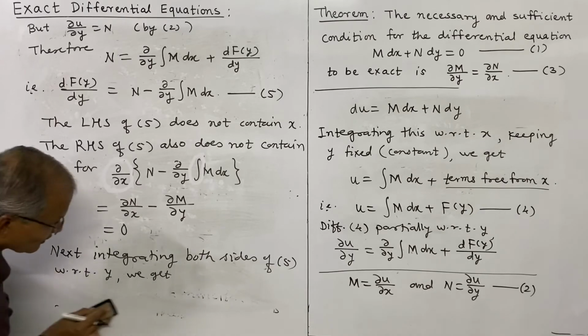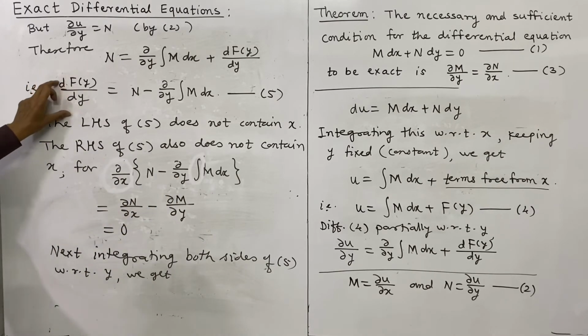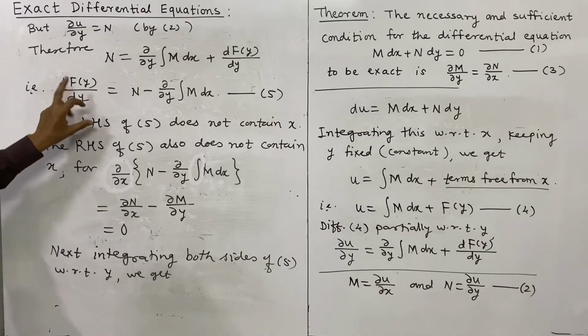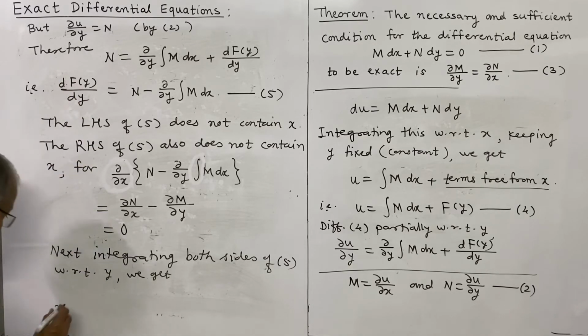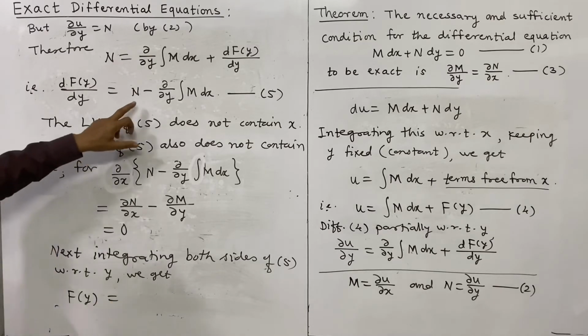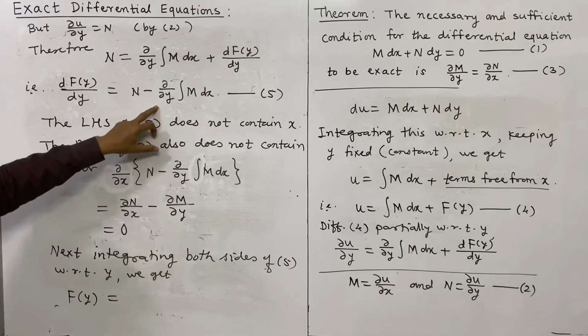Now see what we shall obtain on the left side. If we integrate this with respect to y, the derivative and integration are inverse of each other and the effect cancels, only f of y remains, and we get capital F of y is equal to, and this is to be integrated with respect to y; the right side is also to be integrated with respect to y, but